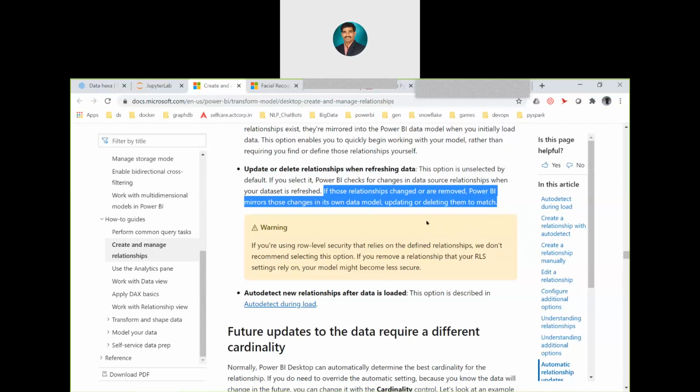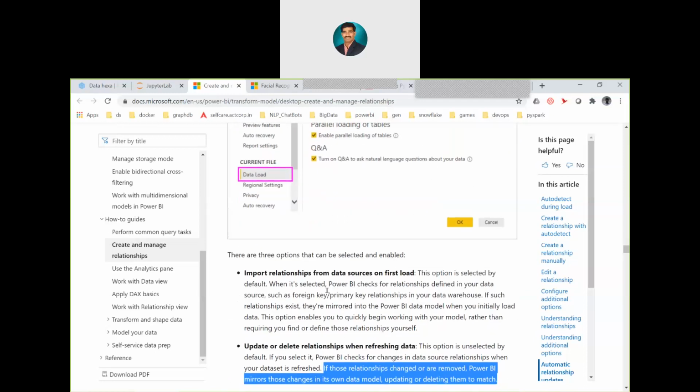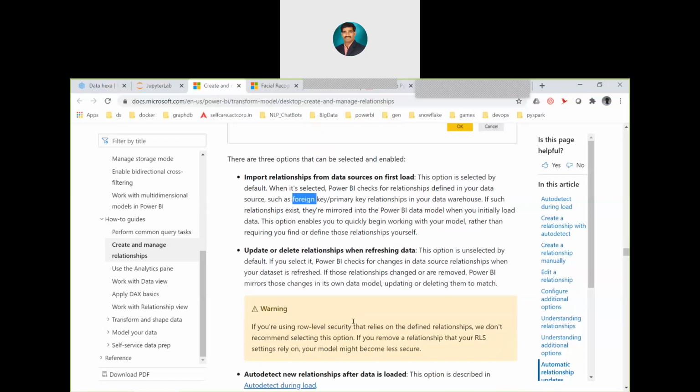But if something changes and it changes here also, our existing dashboards and reports will be impacted. That's the reason they made it disabled. Suppose today when you are importing, we have the foreign key and it creates the join. For some reason they remove the foreign key, and because of that the join is deleted, which is a problem.